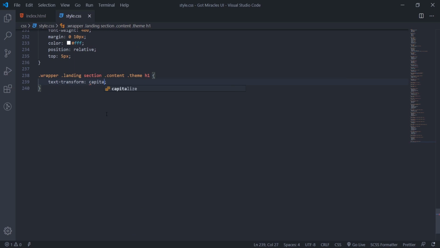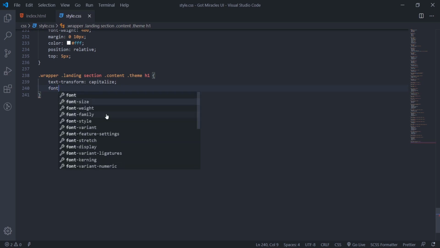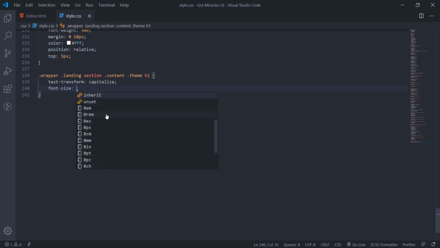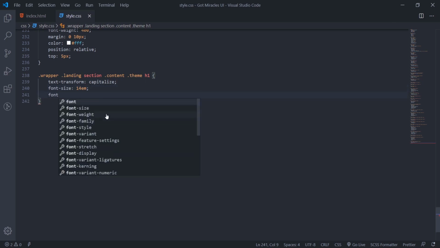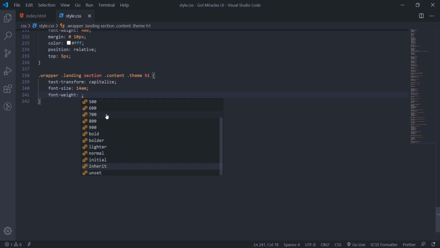You want to be a programmer, so you should be ready to type. Text-transform capitalize, font size will be 14em because this one is big, then the font weight.